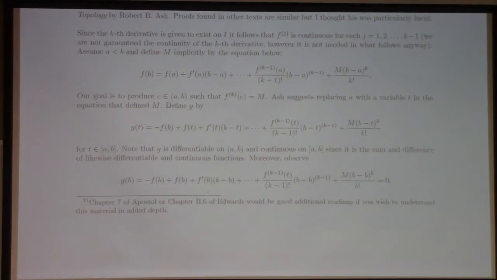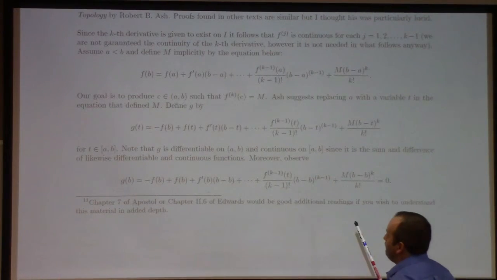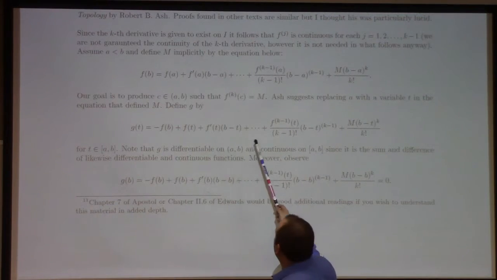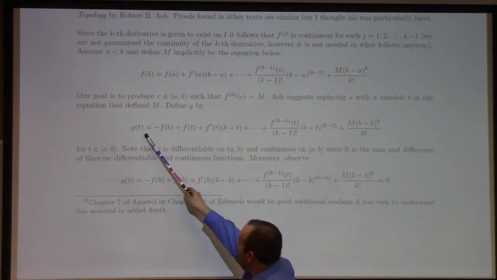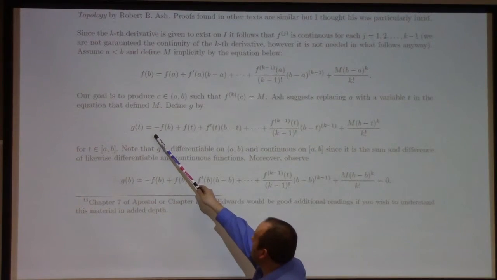If you look at the interval that has endpoints a and b, it's either [a, b] or [b, a], depending on which one is less than the other. So check it out. If you plug in t equals a, what happens? You get,